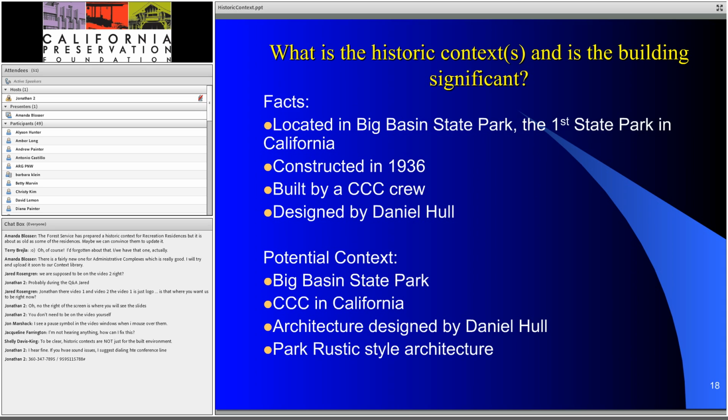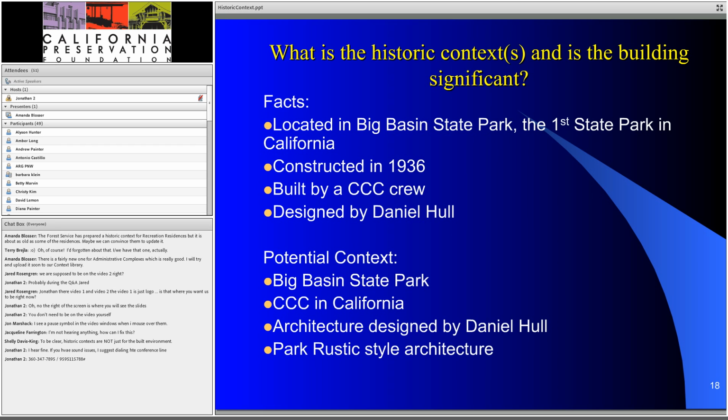So some facts about the building. Located in Big Basin State Park, that's pretty obvious. It was the first state park in the California state park system. This building was constructed in 1936. It was built by a CCC crew, and it was designed by Daniel Hull. Those are basic facts. Without a historic context, it's really difficult to assess whether that building, with just those few